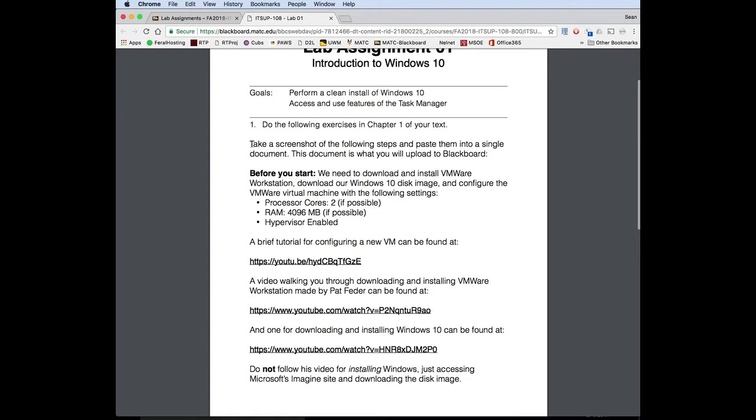And then I'm going to ask you to take screenshots of certain steps and paste them into a single document. I will show you exactly what I mean. As soon as I finish going over this document, I'll show you exactly how I would like to get this done. Okay? That single document is what is going to be uploaded to Blackboard. I don't want to see 15 screenshots uploaded one at a time. Put all of the screenshots into a single document and then upload that single document to Blackboard as your submission